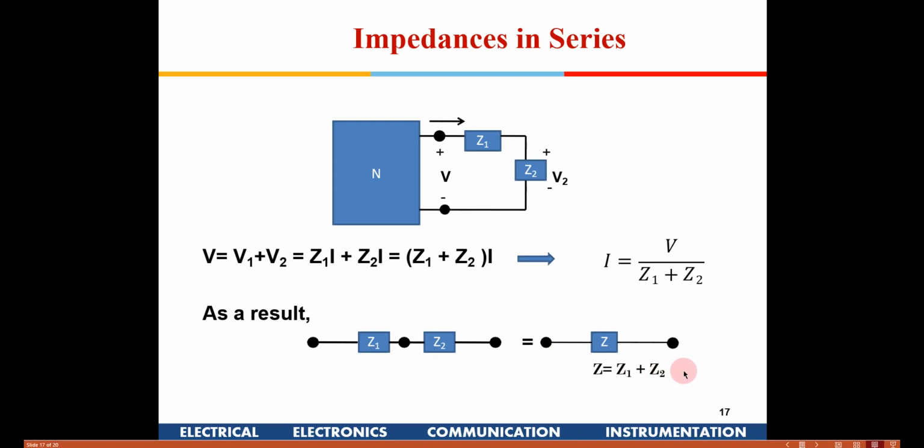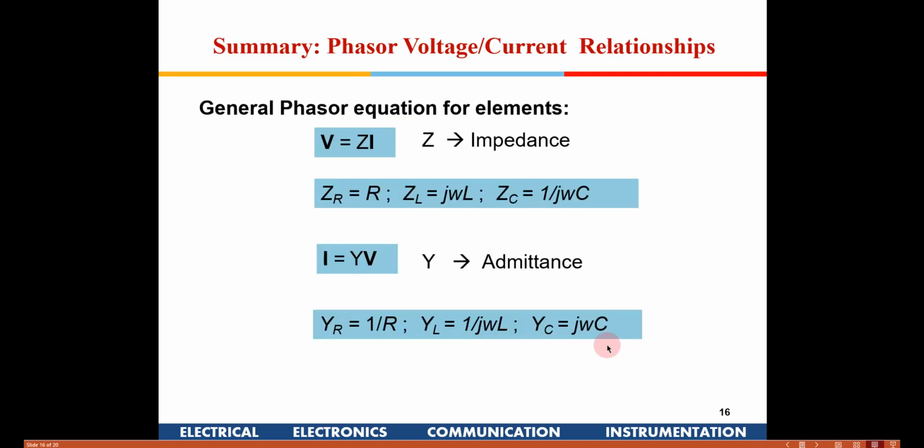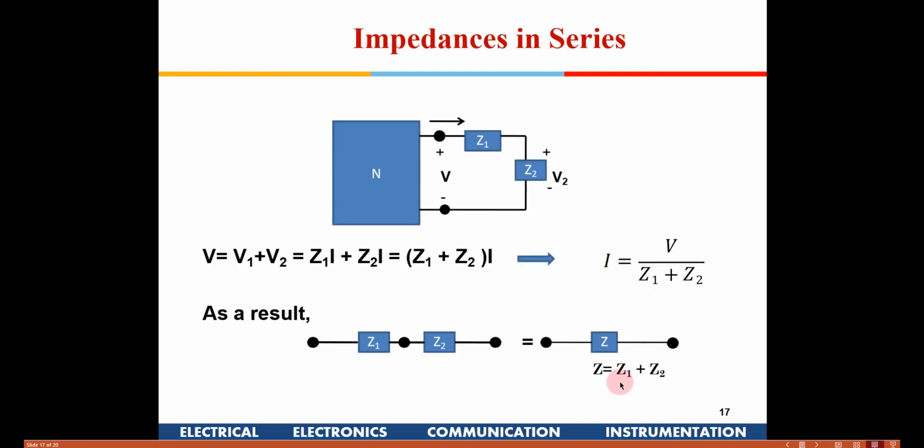Now, when we are talking about AC circuits, they will all be complex numbers. So, this Z is not necessarily a real number; it is complex. The ZL is j omega L, so this becomes the imaginary part. Similarly, ZC is 1 by j omega C. So, we just have to consider them as a single block, and keep adding them if they are in series. Similarly, the parallel equation also holds good.